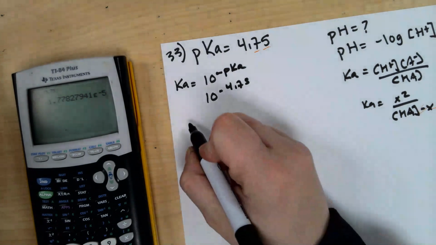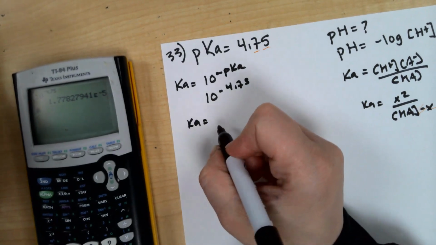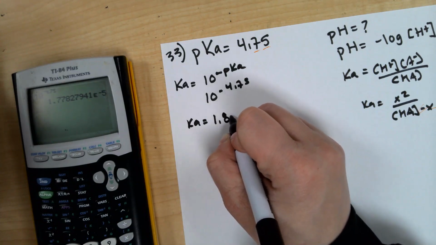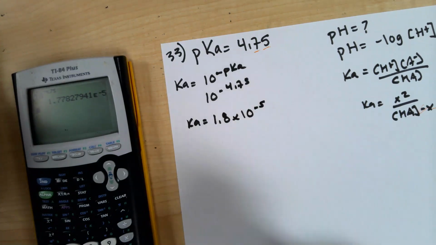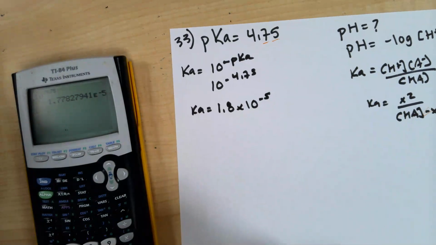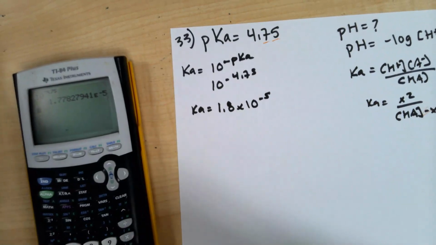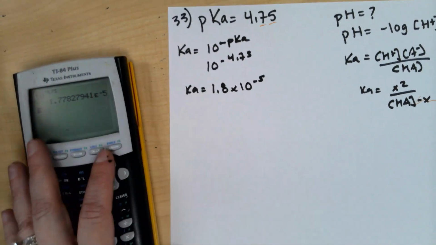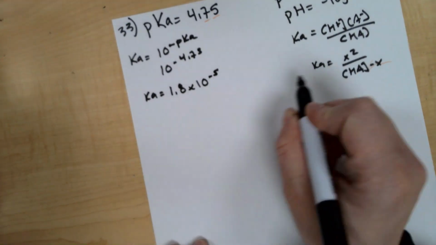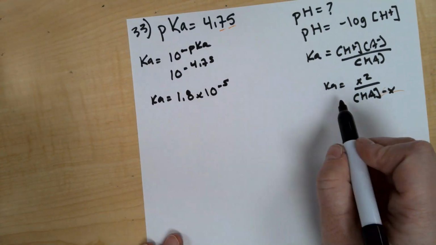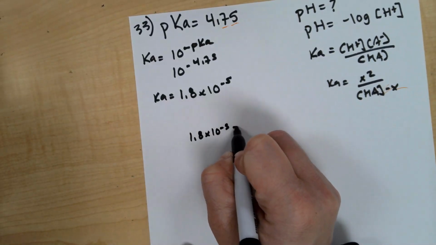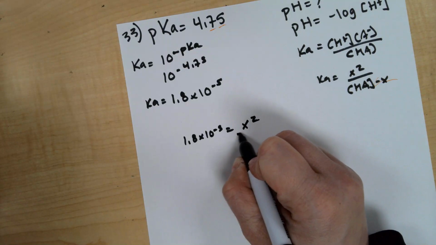This has to round to a Ka of 1.8 times 10 to the negative fifth. Oh, and perfect. That is the Ka of acetic acid, and that's the same one they were using in previous problems too, if you've been following along. So now we have exactly what we need to plug into this formula here. This is really the Ka that I'm plugging in over here. So I have 1.8 times 10 to the negative fifth equals x squared divided by,